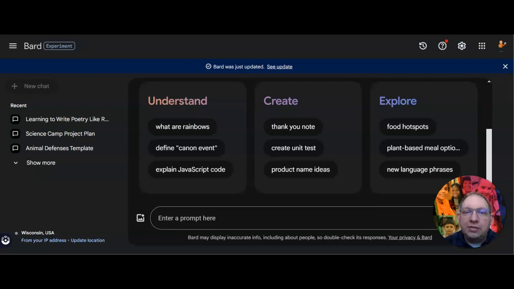So you might remember from our last video, we talked about 3 different tech tools that you could utilize in order to help improve your lesson planning. In this video, we're going to take a step back. We're going to talk more about the large language model, but we're also going to talk about another tool called